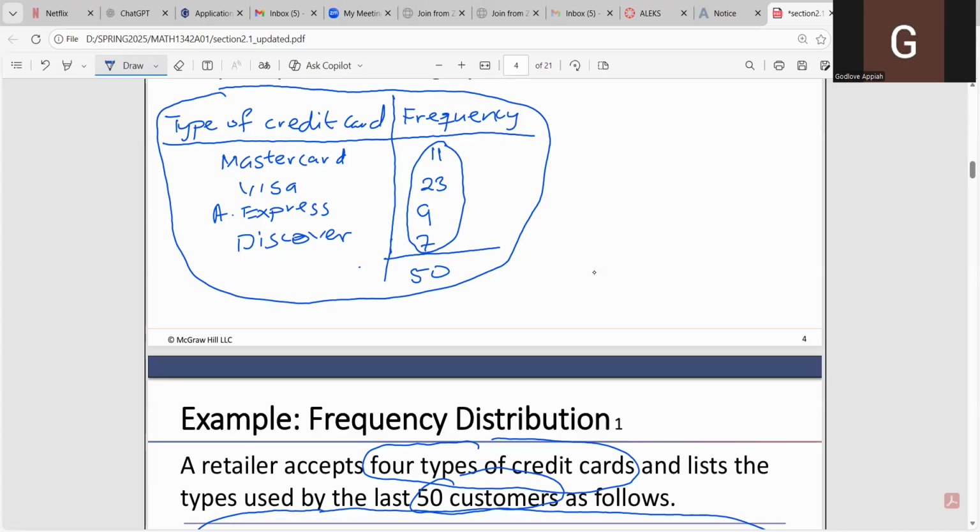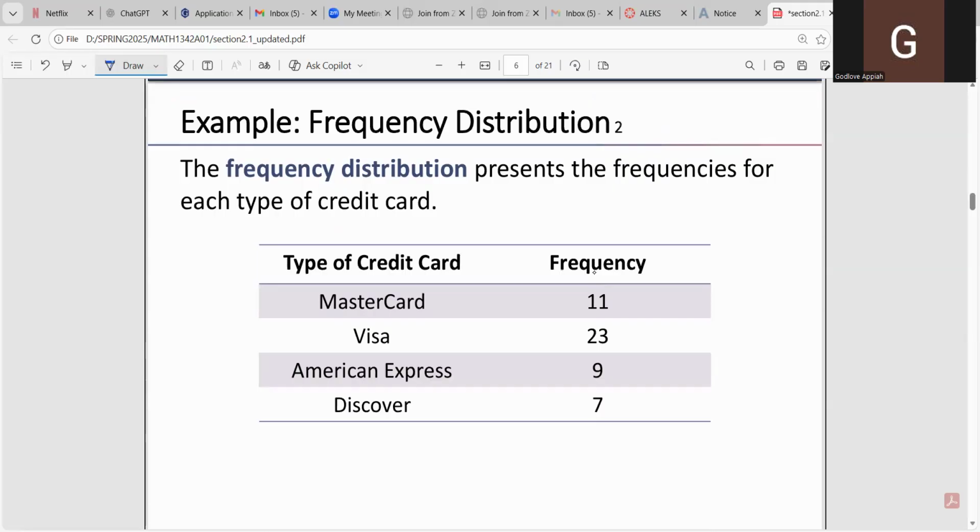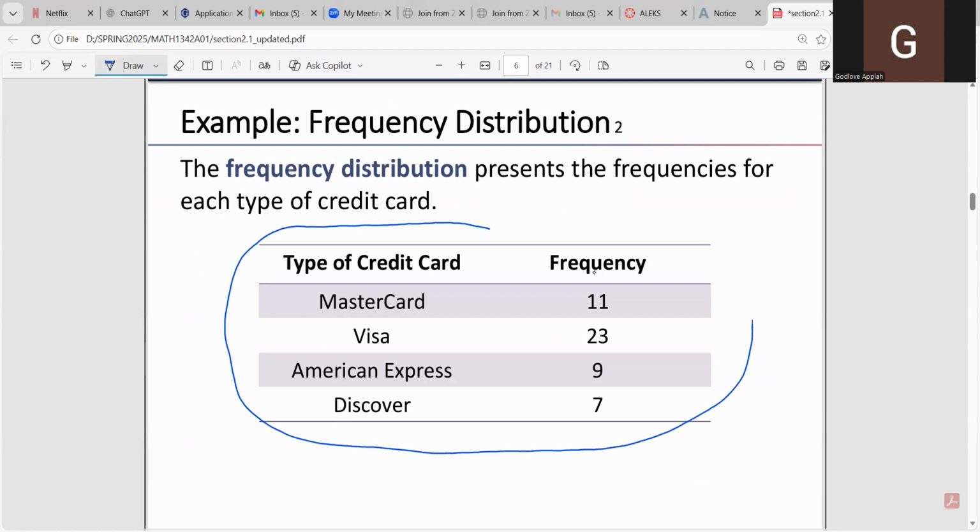All right. So let's move on. So this is the frequency distribution that we just constructed for the credit card data sets. So that corresponds to what we have up there. So this is very easy to do. Just make sure that you take your time when you do the counting, especially when you have a pretty large data set. If the data is very large, you would want to take your time when you're doing the counting. Because if you get one number wrong, it's going to change everything. So please take your time when you're doing this, okay?